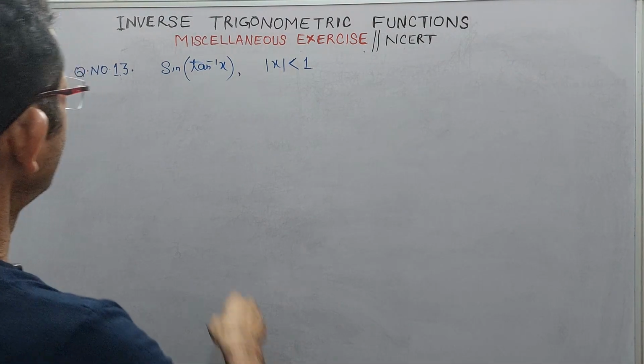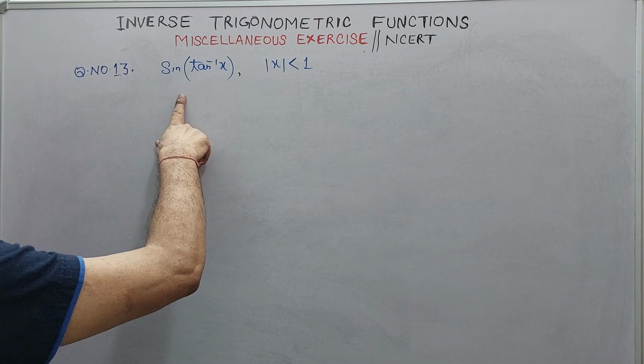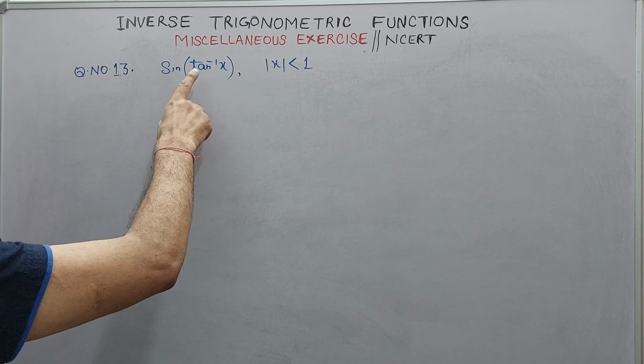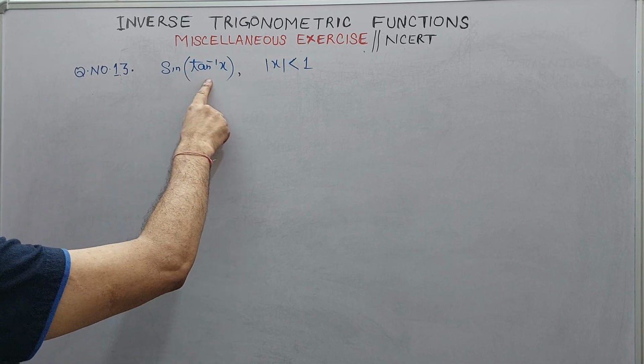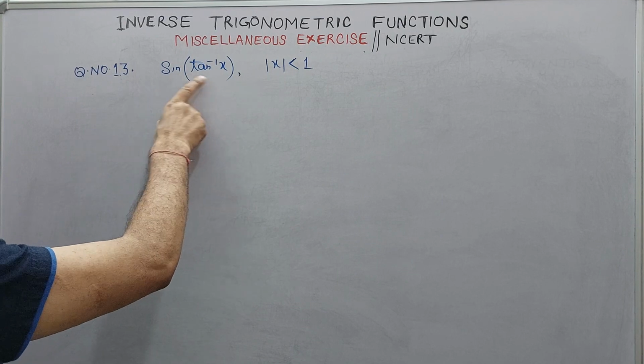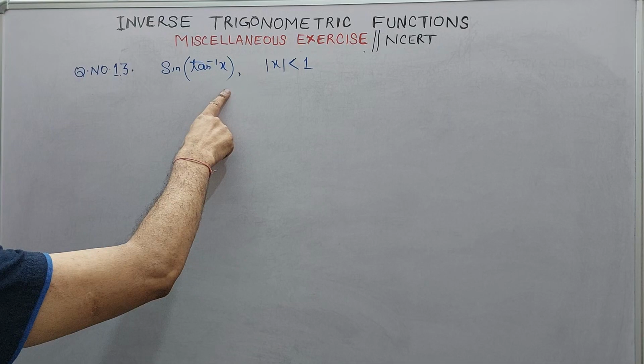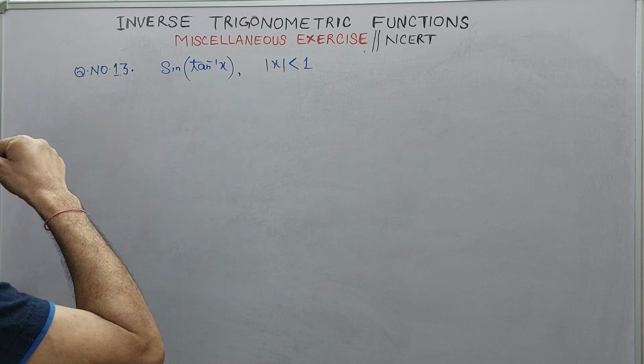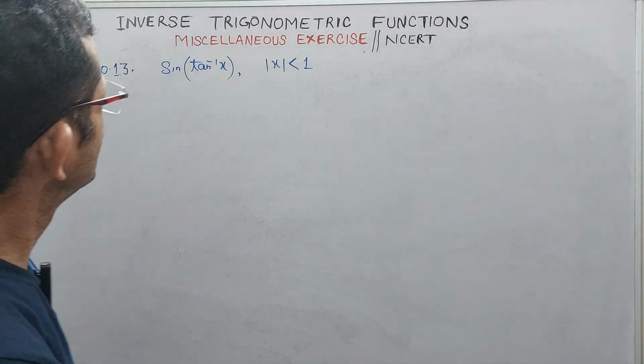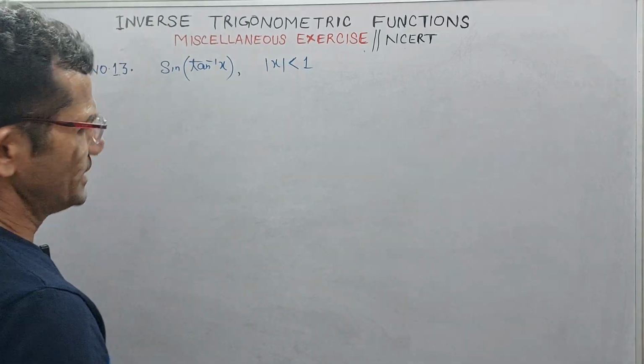Now in this question we have to find the value of sin of tan inverse x. अगर यहाँ पे sin inverse x होता तो sin inverse sin हम इसको इजीली सॉल्व कर सकते थे, बट हियर इनसाइड ऑफ द ब्रैकेट इज tan inverse x. फर्स्ट यूजिंग द triangle method. So in triangle method we know that